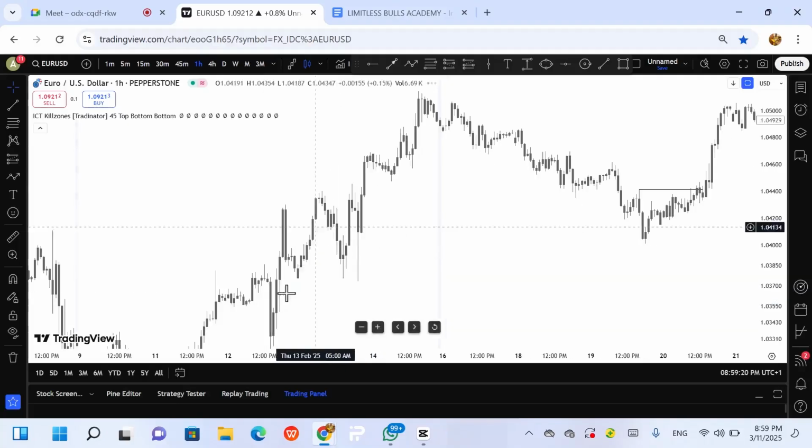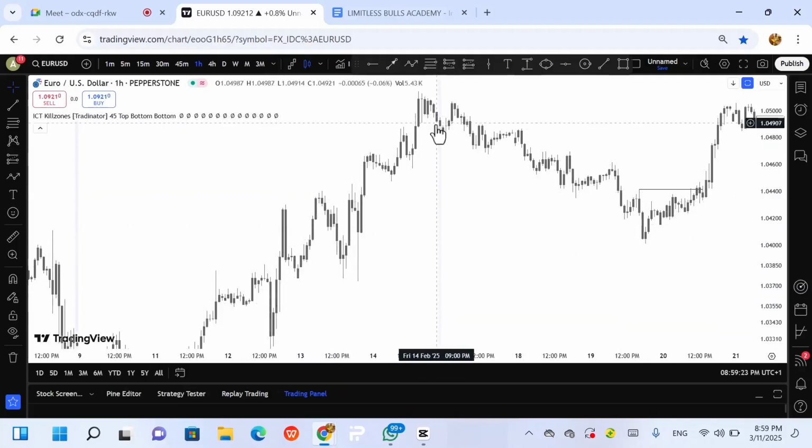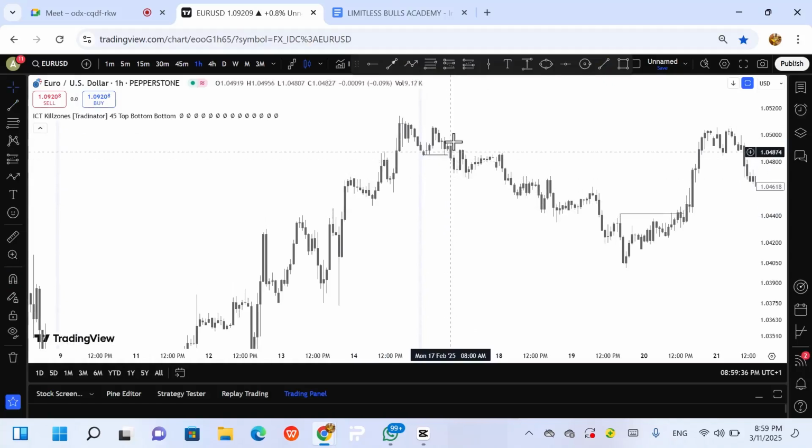So now the market has been trending upward, upward, upward. This is the next lower low. Then the market broke it. What do we call this point? We call this point a market structure shift. For you to trade well, you need to spot this kind of reaction in the market, because this is our trade. This is my trade opportunity. If I see this breakout, I know that, okay, the market is changing trend.